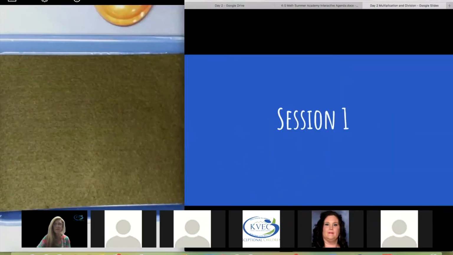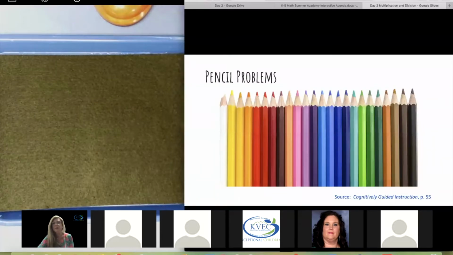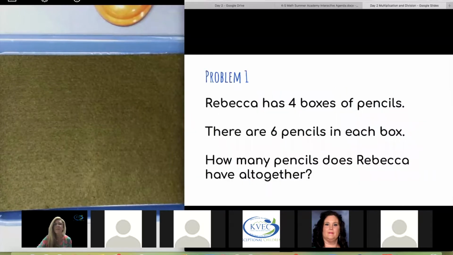Multiplication and division. And I want to think about some problems. We're going to start with problem solving. So we're going to look at some pencil problems. So I want you to think about problem 1. If Rebecca has 4 boxes of pencils and there are 6 pencils in each box, how many pencils does Rebecca